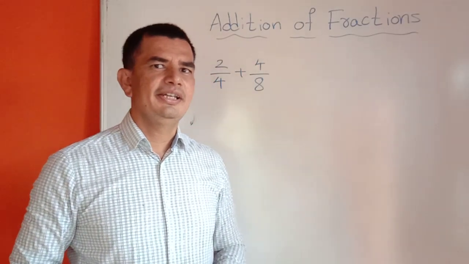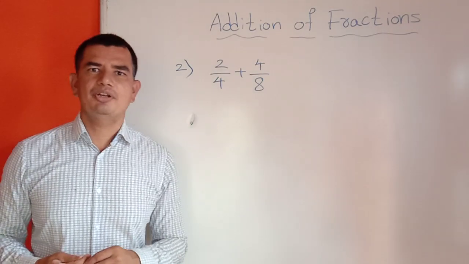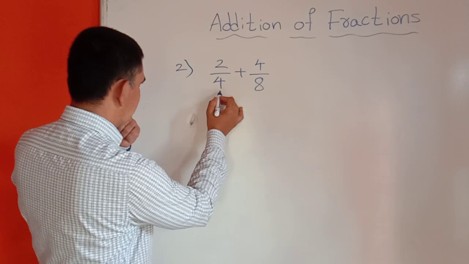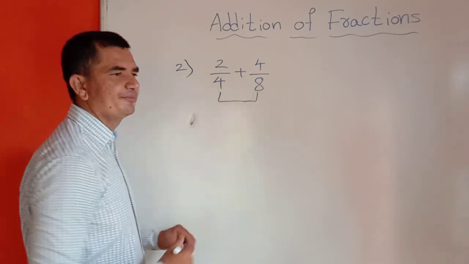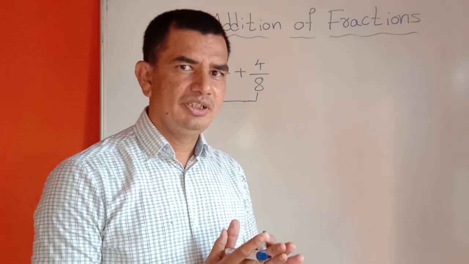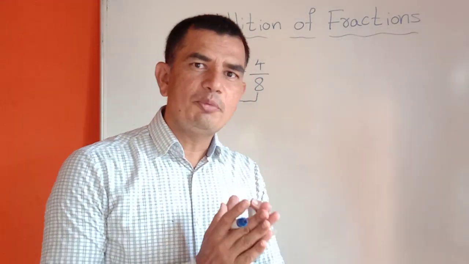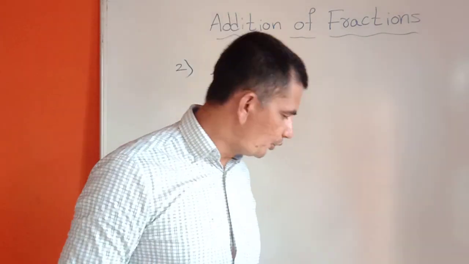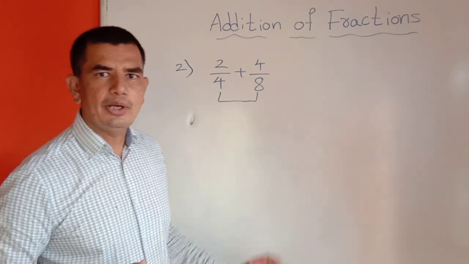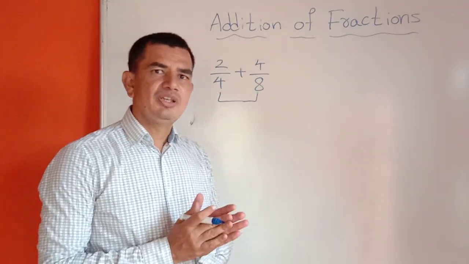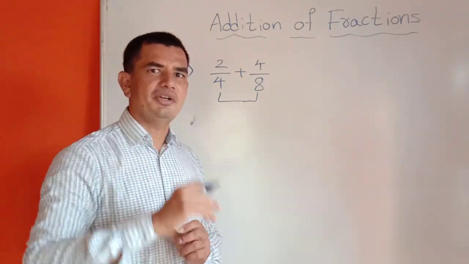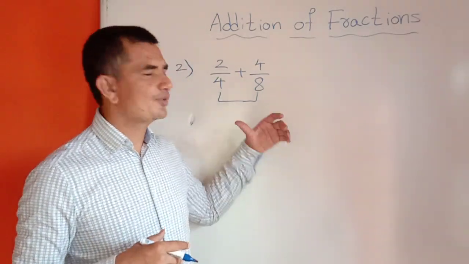Students, you can see here I have written one more example. In this, you can observe the denominators. The denominators are changed. First example I have told you about when the denominator is same. In the second example, denominators are changed. So at this time, how we can do the addition? So let's see here. If the denominators are changed, we have to find out first the LCM of the denominators. You have to remember that LCM of the denominators. Then we have to equalize the numerator.